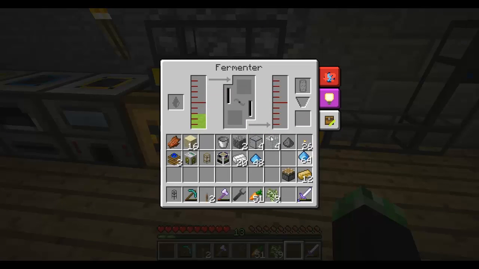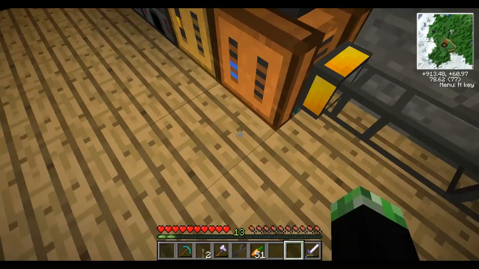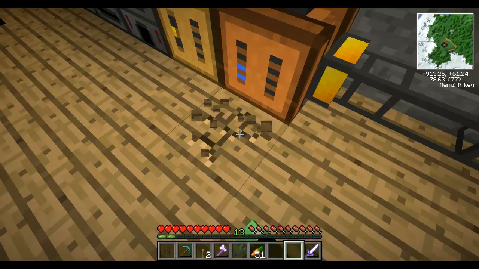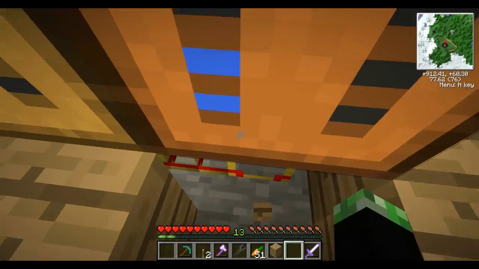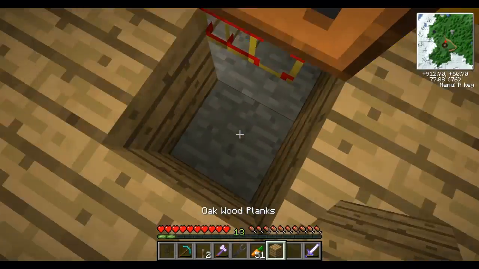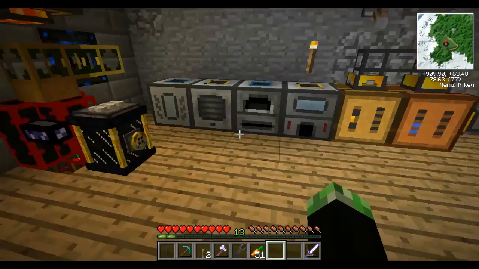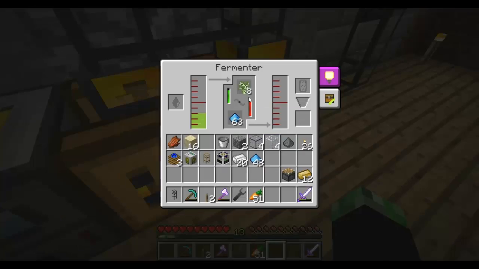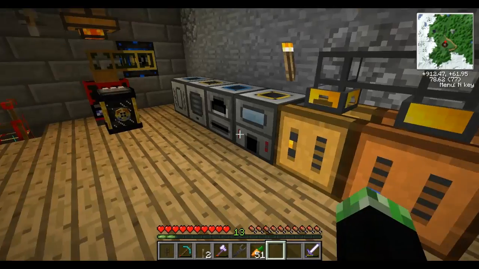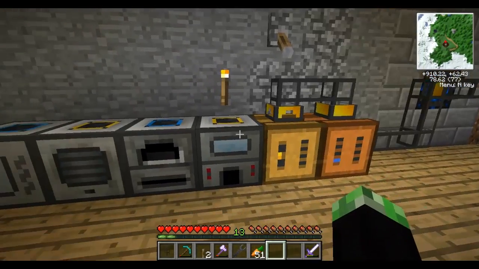We do have some apple juice. So if we just chuck that in there, why do you not want to work? Do I have a pipe down there? Did I forget to put one down there? Nope. Oh, yeah, there we go. It's just going rather slow because this 6 MJ per tick engine, it's not really reaching all the way over here. So I'm thinking that we will have 3 biogas engines